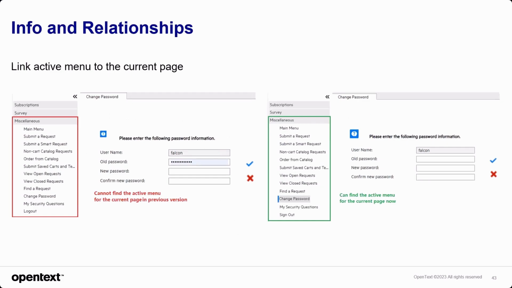And another minor improvement is around the accessibility part. So it's more about info and relationships activity criteria. Previously, we could not find the active menus for the current page. As you can see, that's a screenshot on the left-hand side. Even though I'm on the change password page, the corresponding change password menu is not activated. And in Service Manager 9.80, as you can see, the corresponding change password menu is active now, and it's